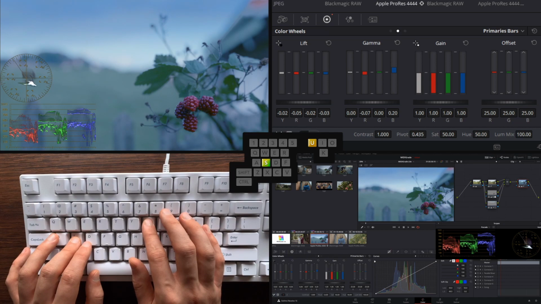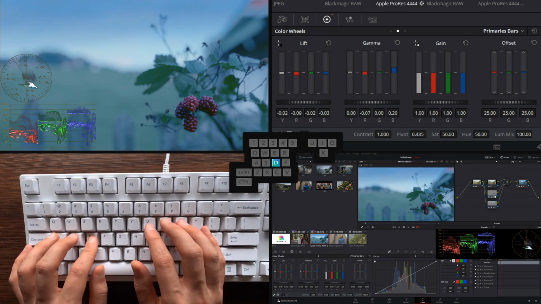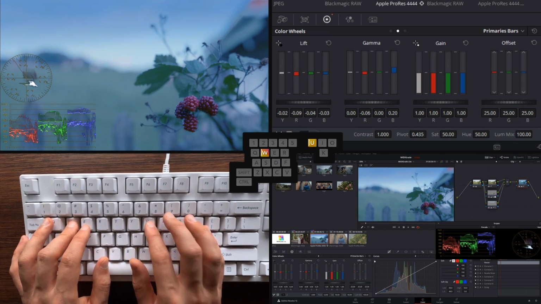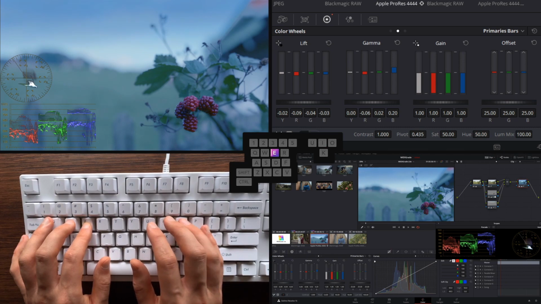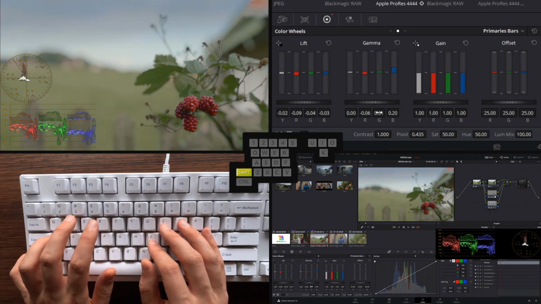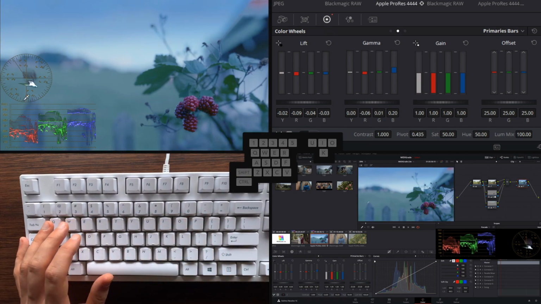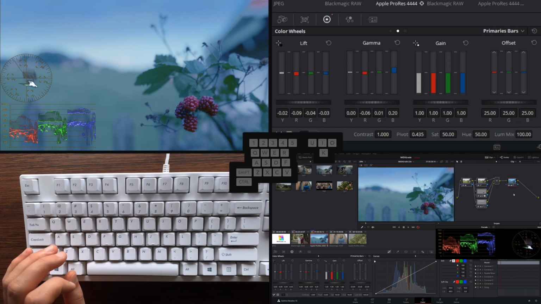And let's have less red in there in the lift too, and green. So now we can add a little bit of red and a little bit of green to gamma. Okay, so now we have this really nice blue tone to this image,